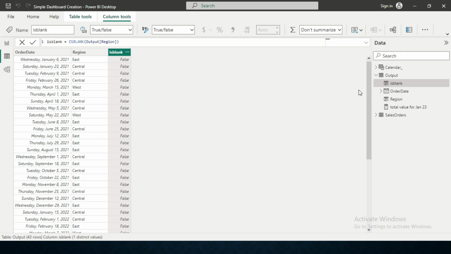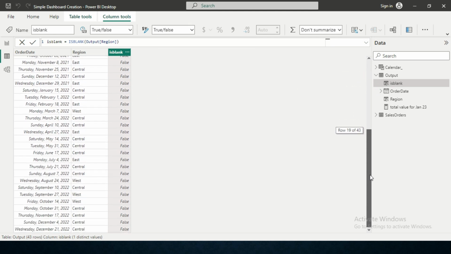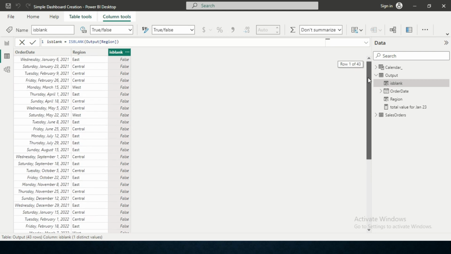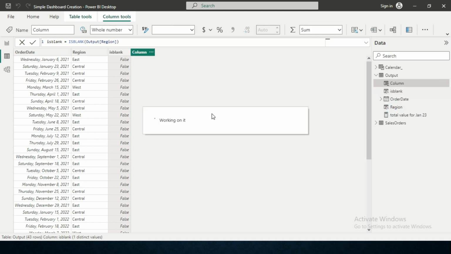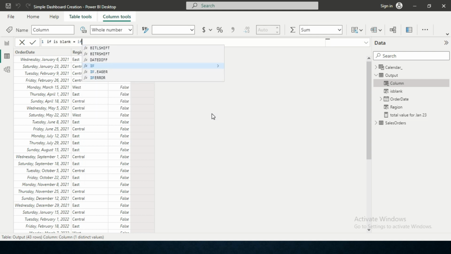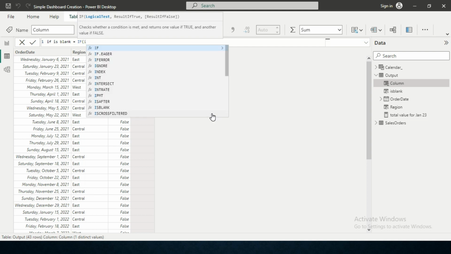So everything you can see is false, right? You can see it over here. So this is how the ISBLANK function works. Now if we go a little bit more advanced, I'm going to create another column which will show me the result using the IF condition with the same ISBLANK. If ISBLANK